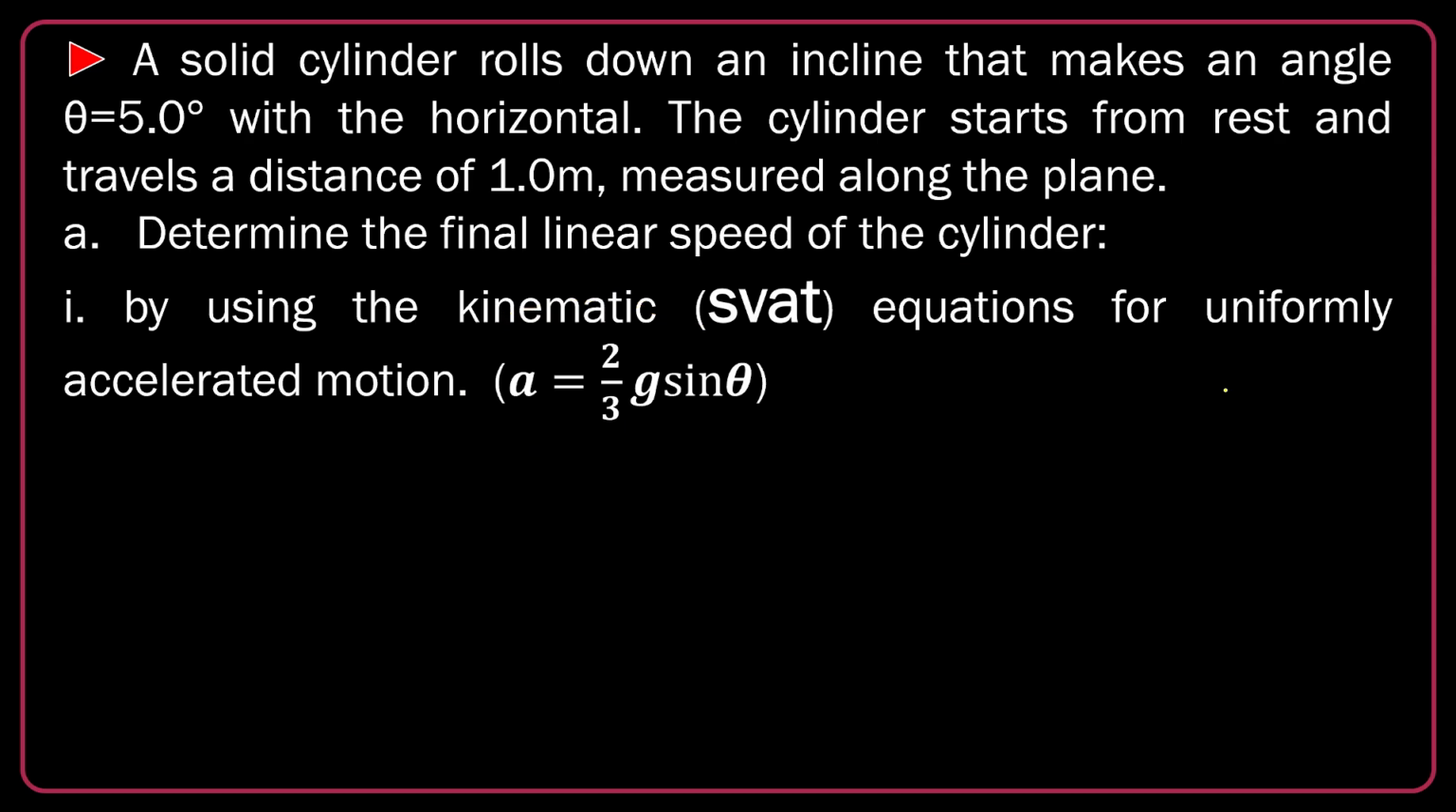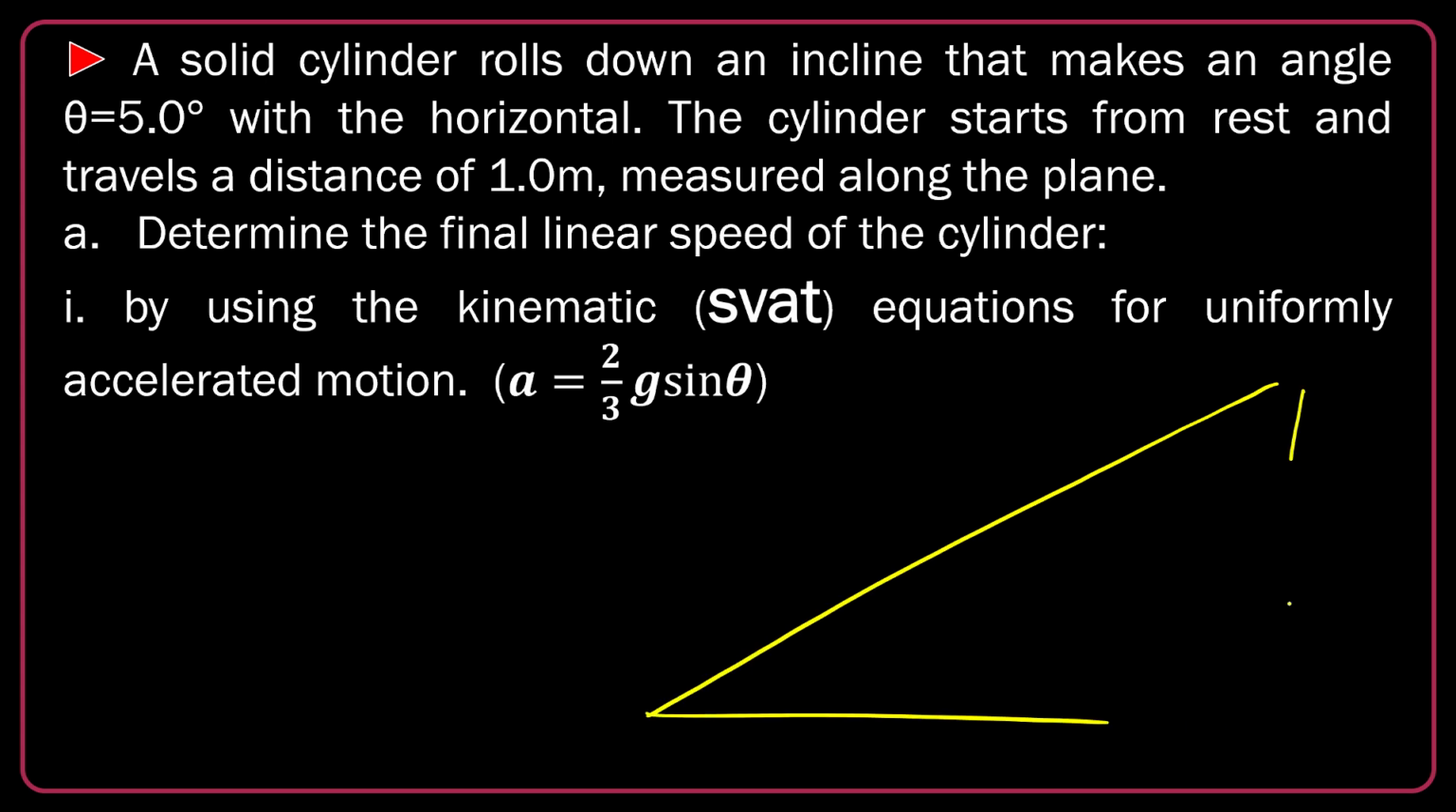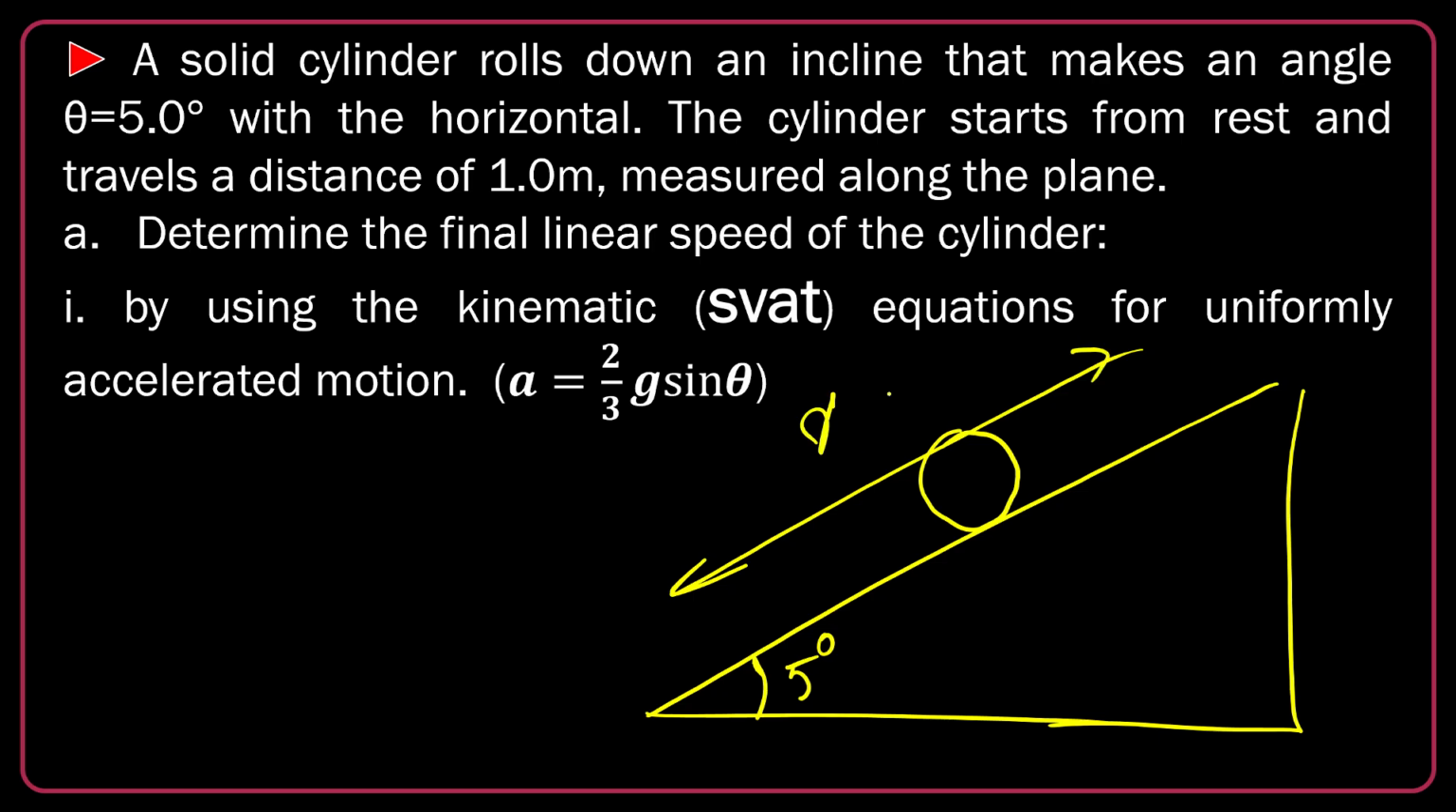Okay, how to do that? Look, here I have a ramp, an angle of 5 degrees to the horizontal. I deliberately exaggerate this 5 because the 5 is very small. I can show that with an exaggerated angle. And then this is the rolling down cylinder coming down, and the distance traveled, let's say this is x, is